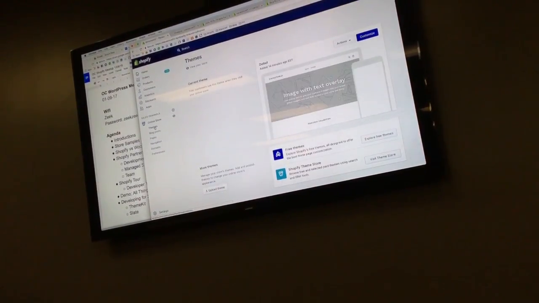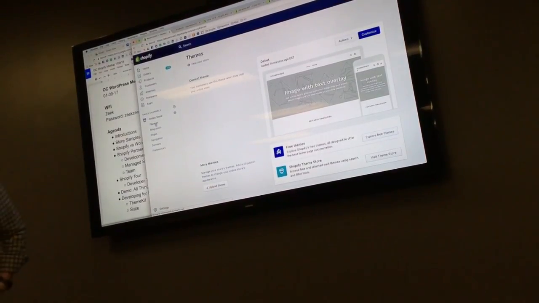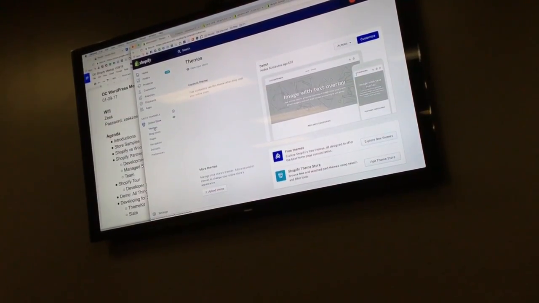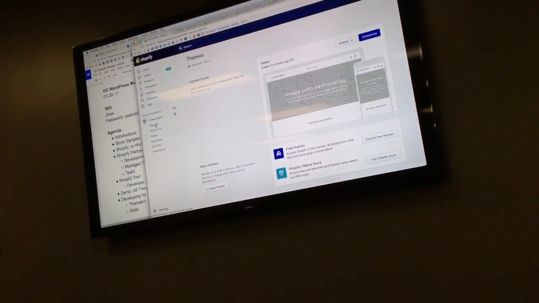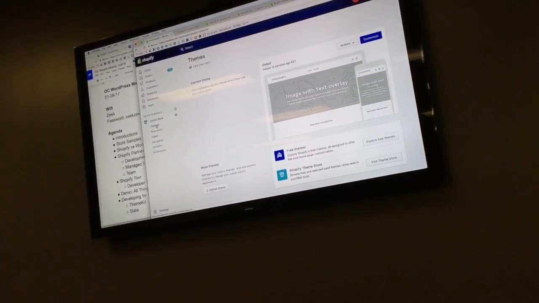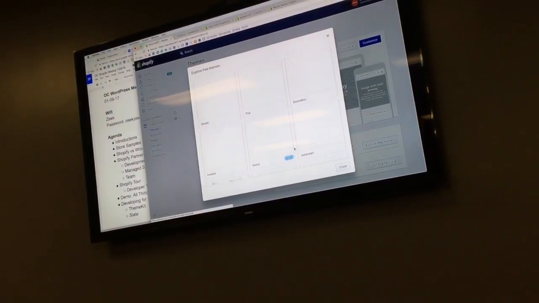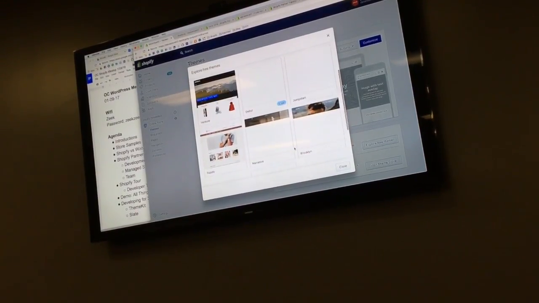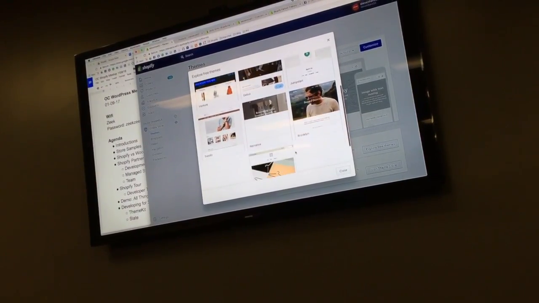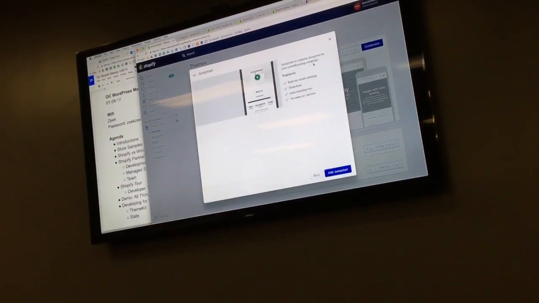But the other one I want to point out here is themes. Again, if you're familiar with WordPress, this works very similar, but you're not uploading anything. You're not installing anything, sort of. So let's go ahead and look at free themes. If I click here, explore free themes, these are the free themes that are available inside of the Shopify platform. If I click a theme here and click add,